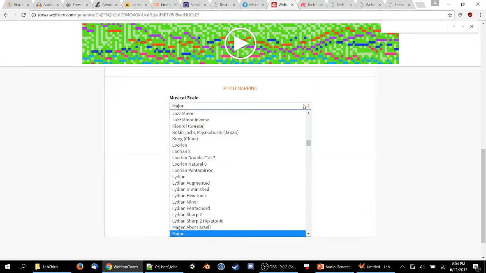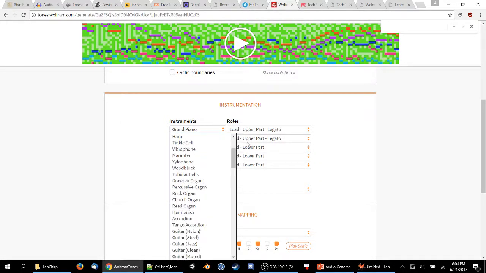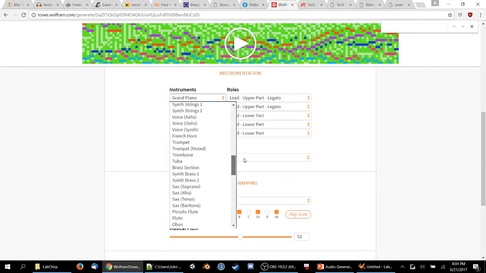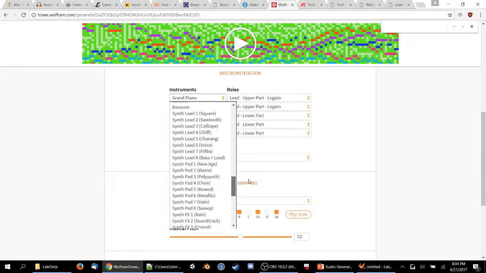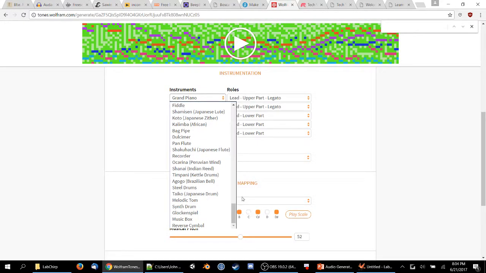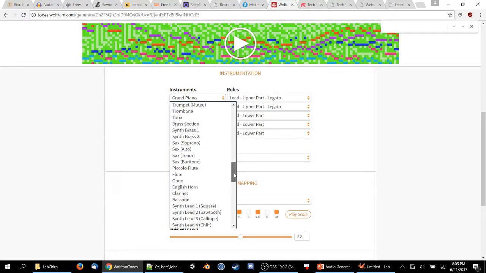There's a what option? Theremin? Theremin. Oh, I don't know if I saw that in there. It's not alphabetical, so it's kind of hard. There should be, I think. There's a lot of, let's see. I'm not seeing it. But yeah, you can check it out, tones.wolfram.com. Glockenspiel. Glockenspiel, yeah. Recording sitar. Yeah. I'm not seeing it.